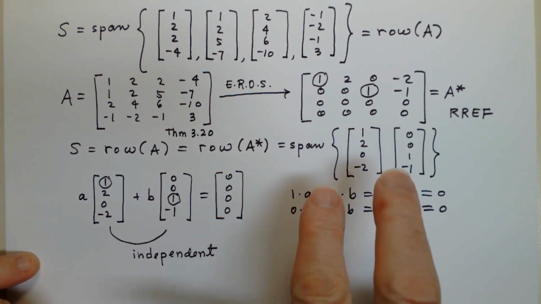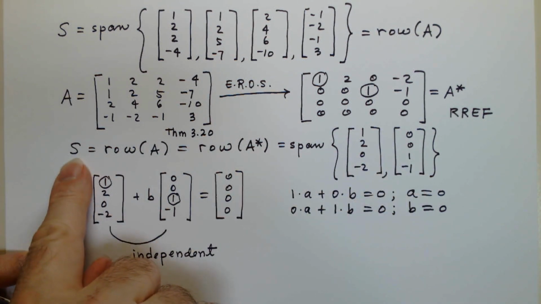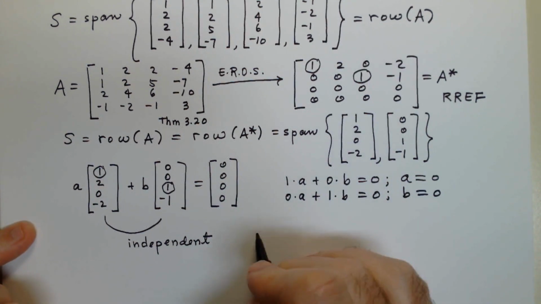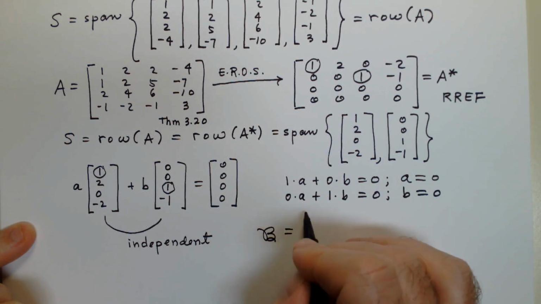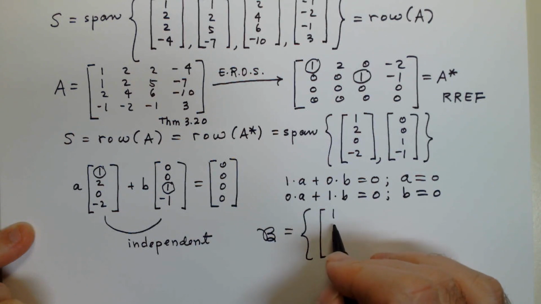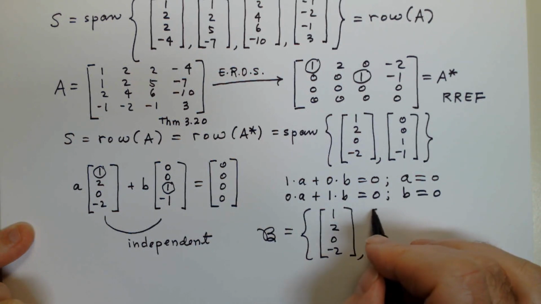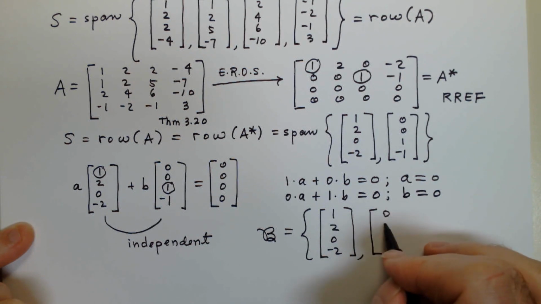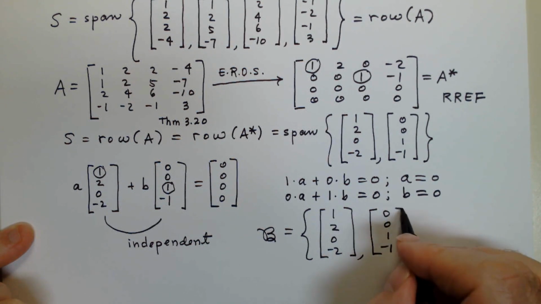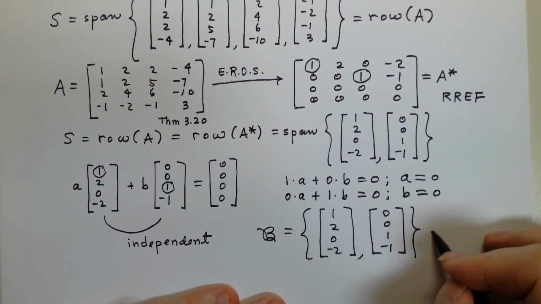Since these vectors are independent and they span our space S, the collection of vectors B consisting of these two vectors, B is a basis